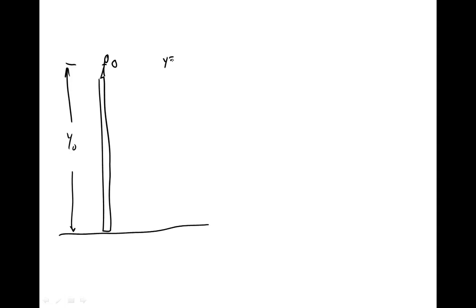So there's my tower, standing at the top, dropping my rock. This is some distance y0 to the ground. But this time, let's let y=0 be here at the top. So in this scenario, I'm dropping the ball. It's going to fall under the influence of gravity. But when I drop it, it has no kinetic energy. So when I look at my energy bar graph, the kinetic energy is 0. But so is the potential energy, because I have set the system potential energy to be 0 here at the top. In other words, this is my datum